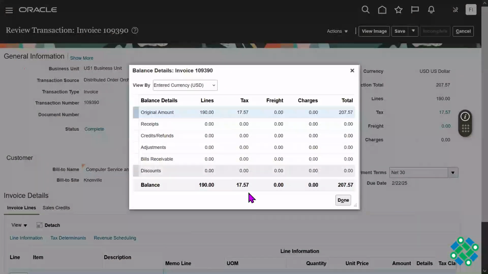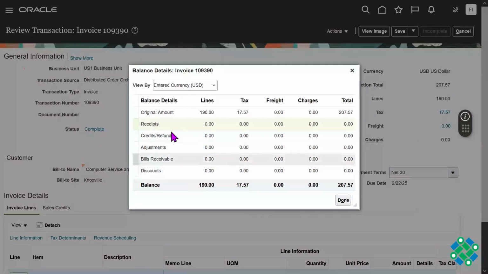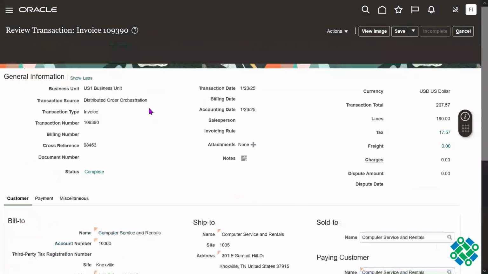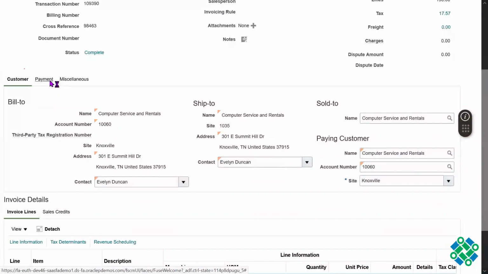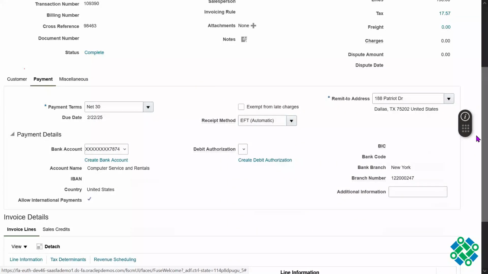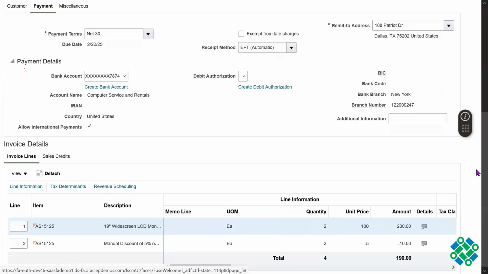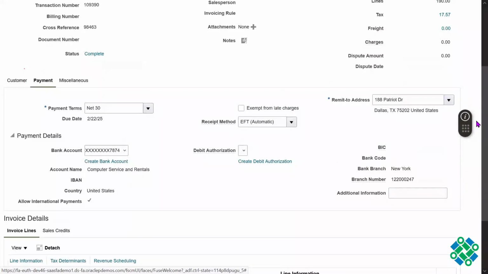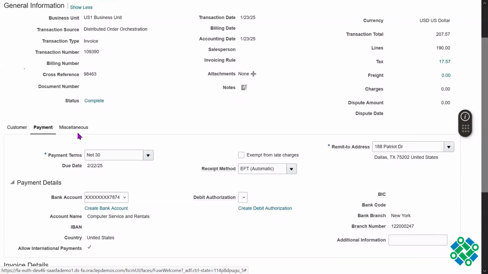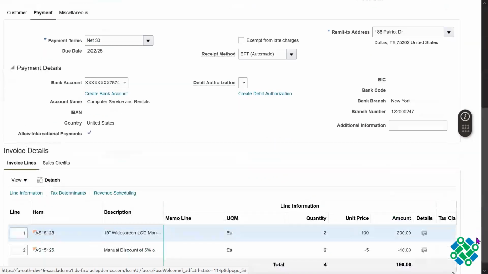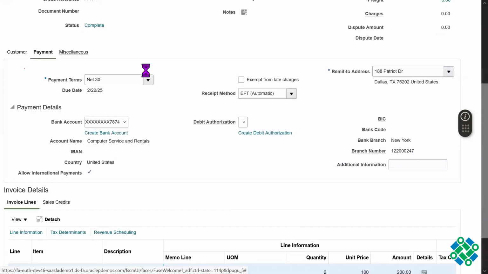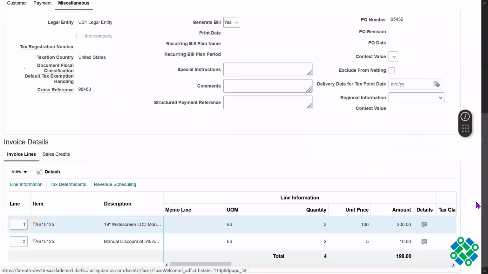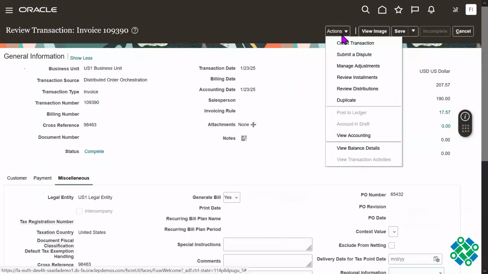If I click on view balancing details, okay. Now I would like to post